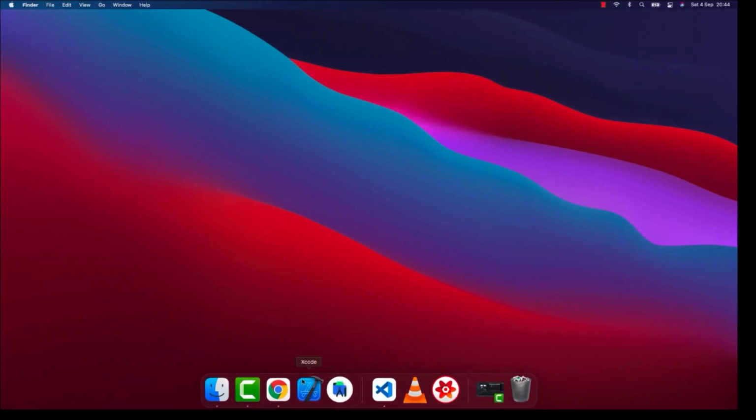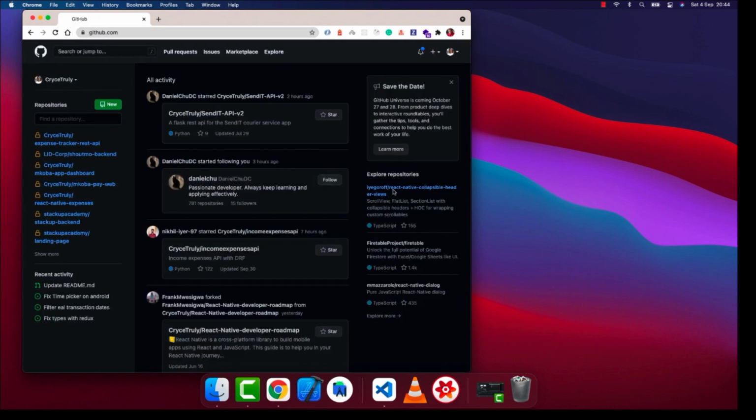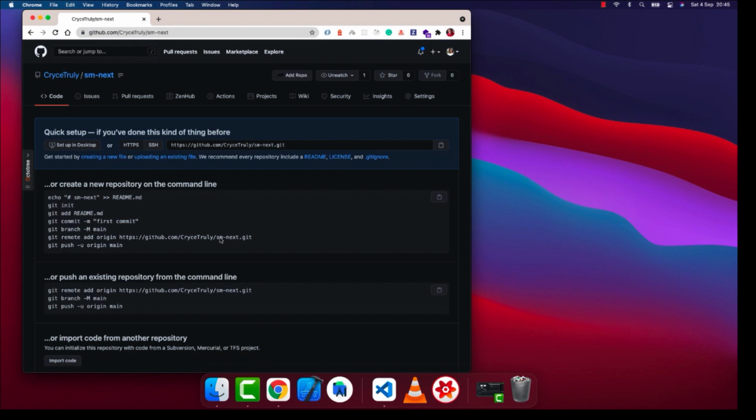So what we want to do is go to GitHub and create a repository and connect it to Heroku. Here I'm going to create a new repository. Let's call it CM Next. I said CM Next, but I did SM Next. Who cares? Anyway,